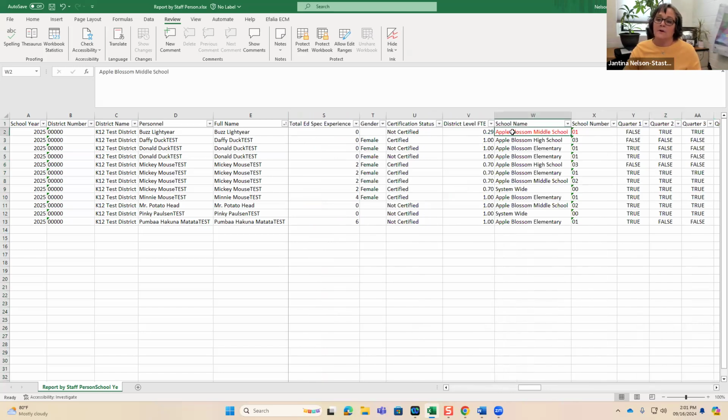Say they switched this from Apple Blossom Middle School to Apple Blossom Elementary. They could turn that font red, and that would tell you that you need to make a correction to this record. So that is a suggestion since you can't print out your nice reports anymore.